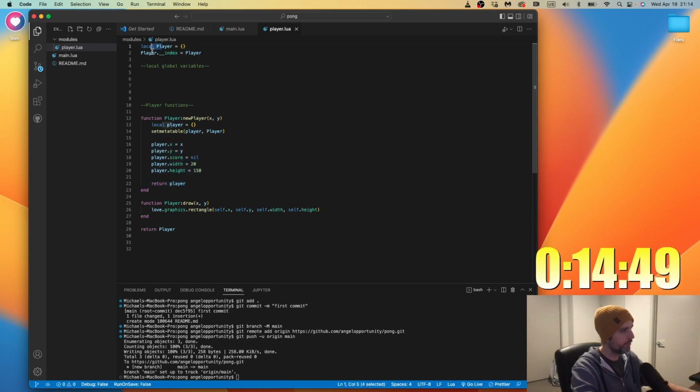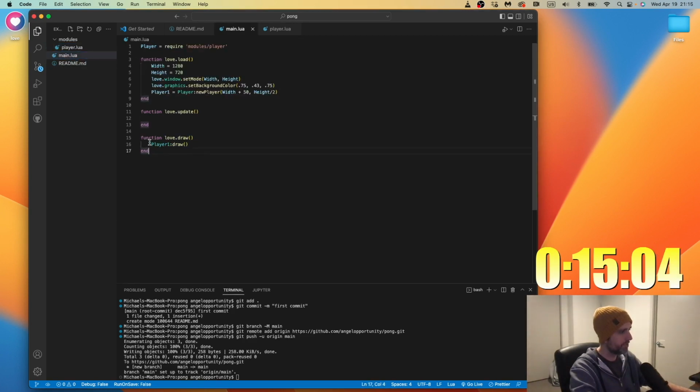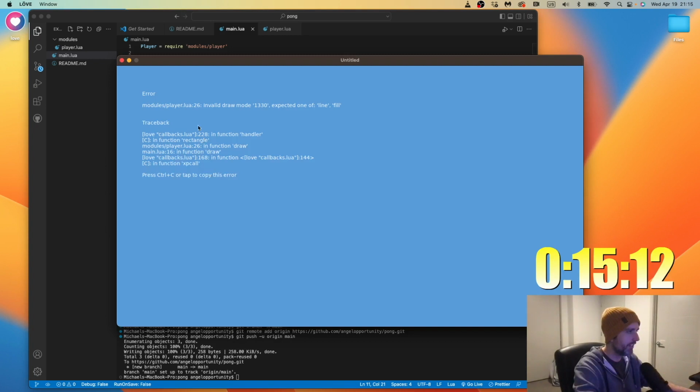This is our global player class because it's capital. But then when we have a player.draw function, self is referring to whatever is doing the draw function. So what is doing the draw function is going to be this instance of player one, which we have created. If that's not entirely clear, that's okay.